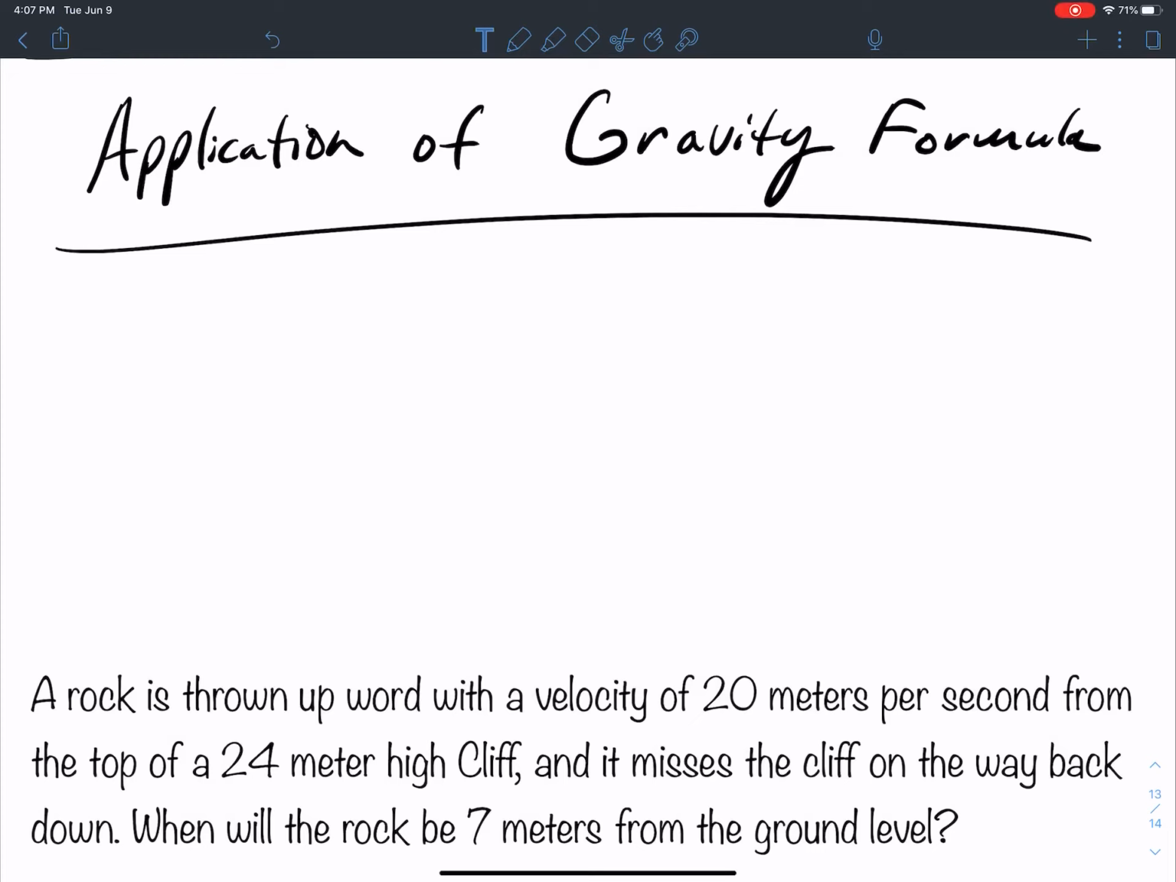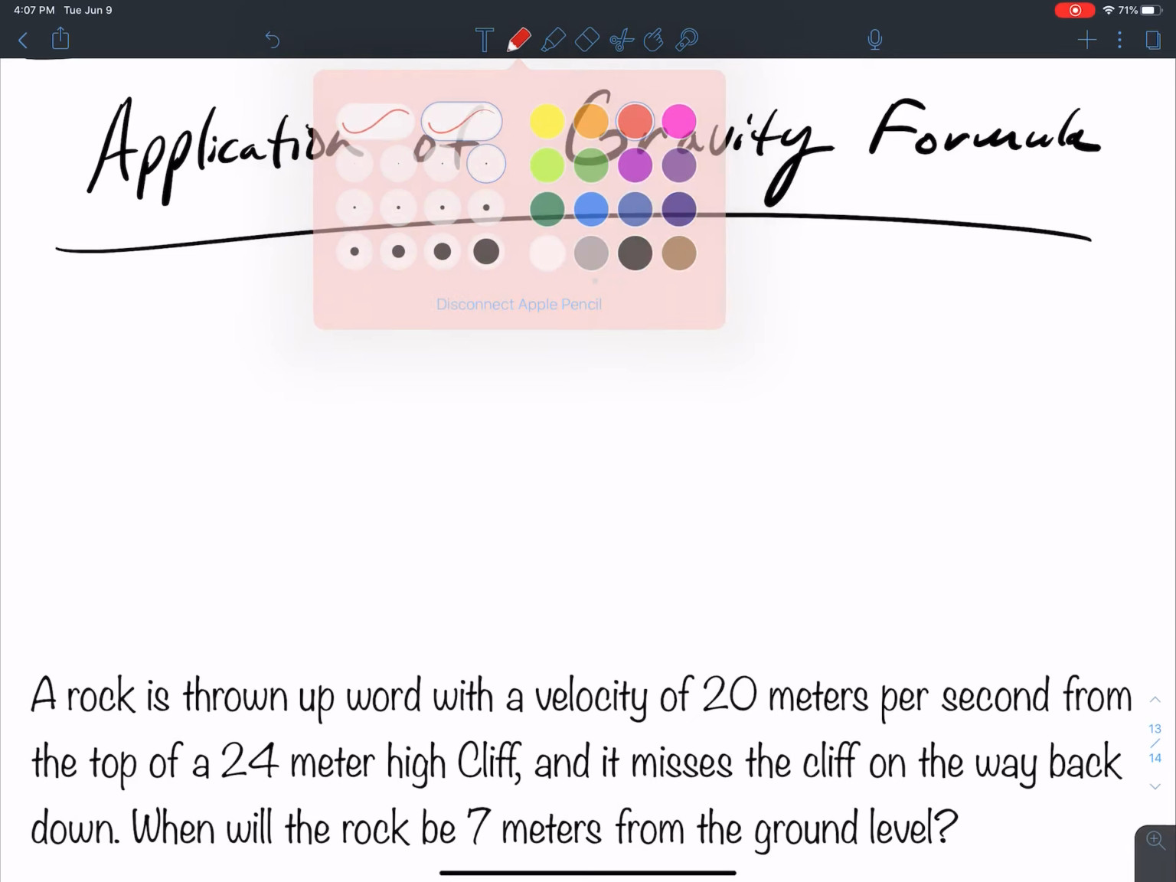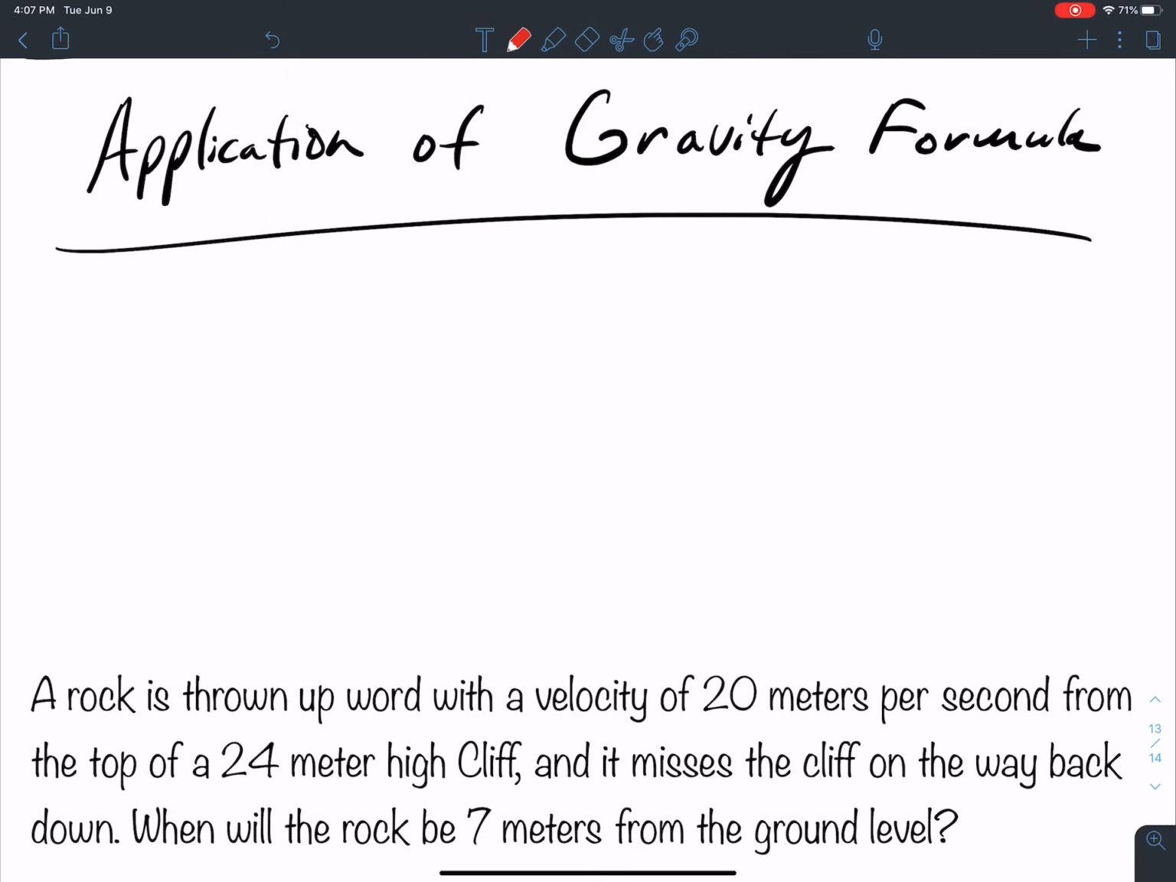In this video, we're going to do application of the gravity formula. This is an important problem to make sure you understand, okay? So H here is equal to negative 1/2 G multiplied by the time squared plus V naught T plus H naught, okay? Now, for our application problems, G represents the gravity,